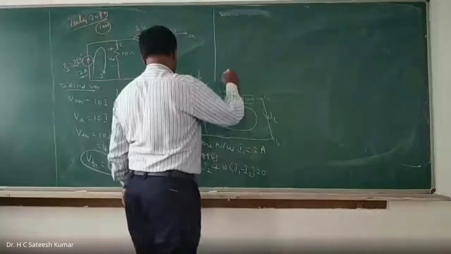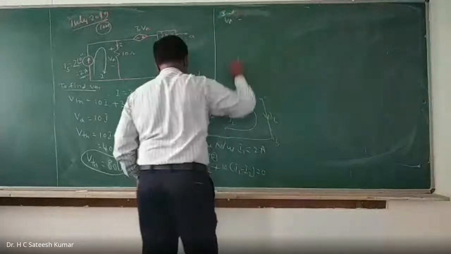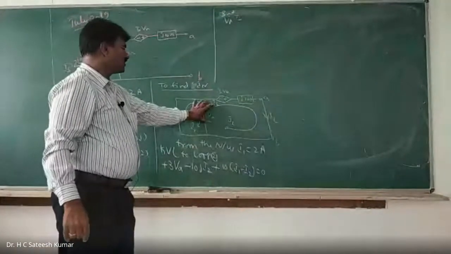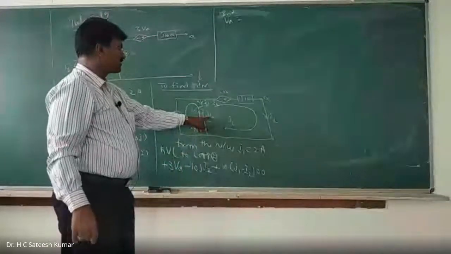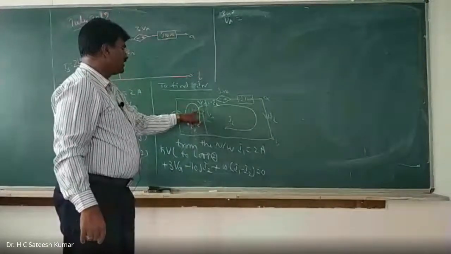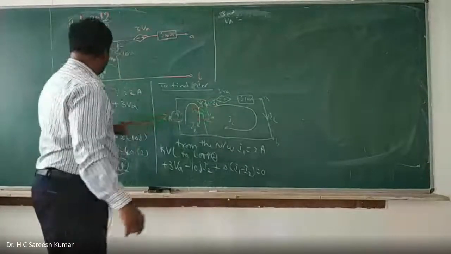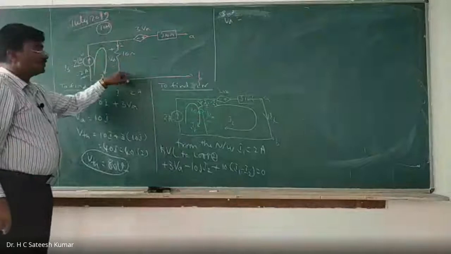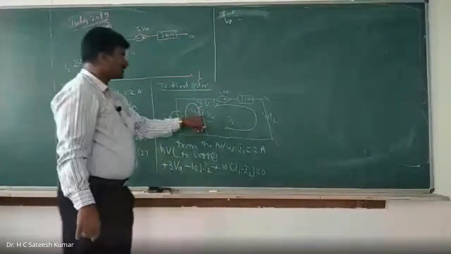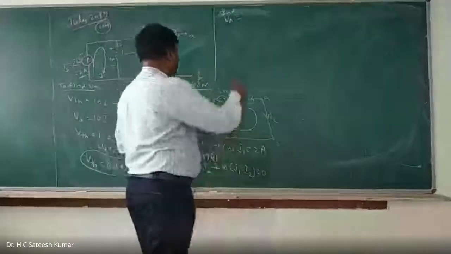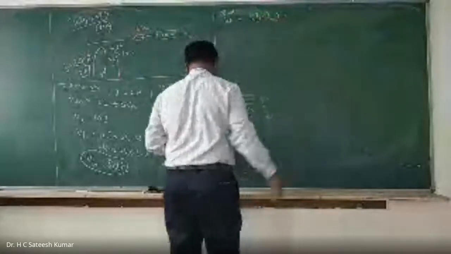Substitute for VA. What is VA? This VA is different, because the circuit is modified now. VA is against 10 into I1 minus I2, because the current flowing through this is I1 minus I2. But earlier it was open circuit, and only I was flowing. So this circuit is different. Don't take those values; do it separately. We have VA is equal to 10 into I1 minus I2. Now you substitute in that equation.